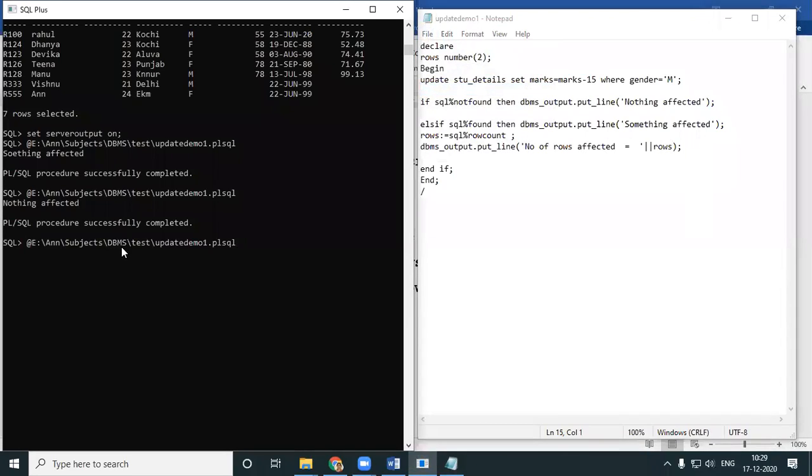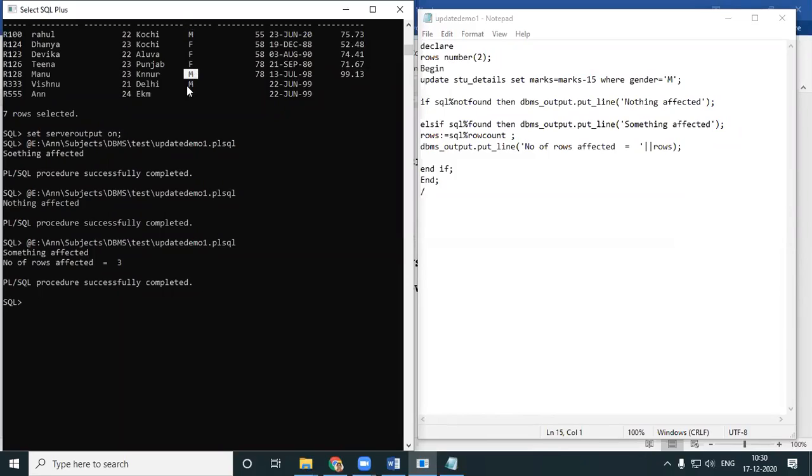I'll run my program. Males, right? So how many males do I have? They're telling me I've got 3. But look here, actually you have only 2 males with marks.